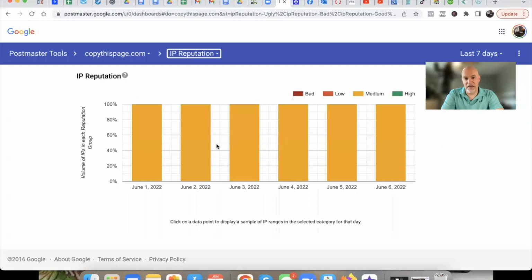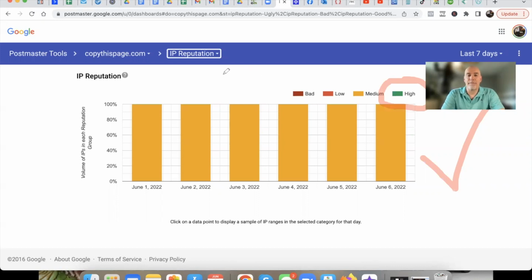This is very important. Now, most of the time, especially with newer emails, you are almost never going to go straight to high. And the reason for that is this, and this doesn't matter if you're with Aweber, ActiveCampaign, GetResponse. When you're a new email marketer, you kind of have to earn your stripes a little bit. You kind of have to show GetResponse, show Aweber, show your email autoresponder that you are going to be sending good quality emails, and you deserve to be on one of their higher IP reputations or one of their higher